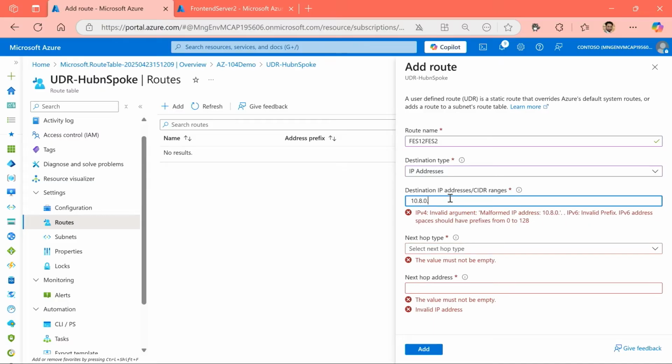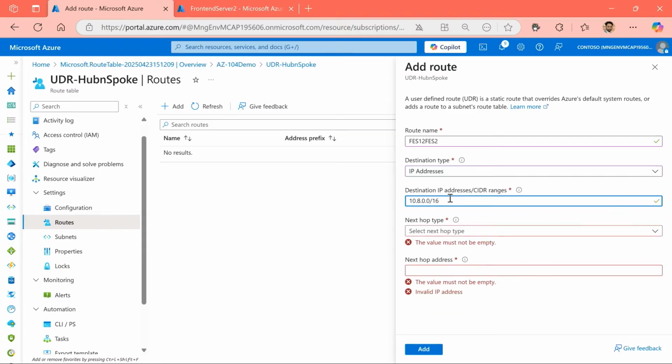Now, we just need the IP address for the network we're going into with the details for it. Just be aware if you're pasting them in, make sure there's no empty gaps. Now we have the destination IP address range. So the range is the entire network that we're working on. That's the network that we want the traffic to reach, where my front end server 2 lives. And we are going to define what my next hop is going to be. This is the next hop. Typically in networking language it is the next jump that traffic is taking to the next network.